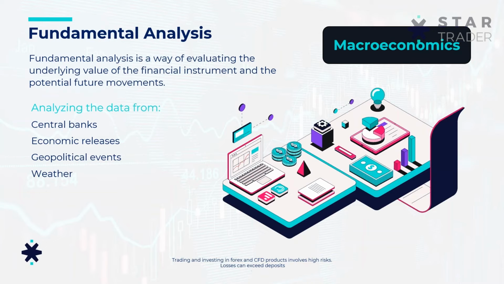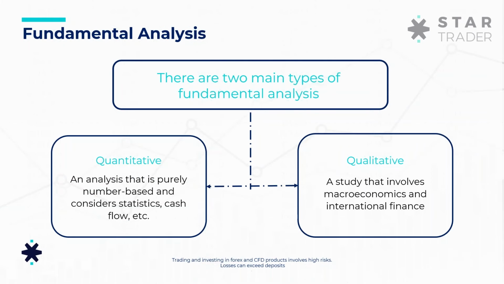To summarize, we can say we have two types of fundamental analysis. The first is quantitative analysis, which, as the name says, is based on numbers. So it's reading the numbers and analyzing them based on statistics, comparing time frame to time frame, month to month, or year to year. This is all called quantitative, because it's based on a quantity, a number that we are reading. For example, unemployment, interest rates, and inflation.